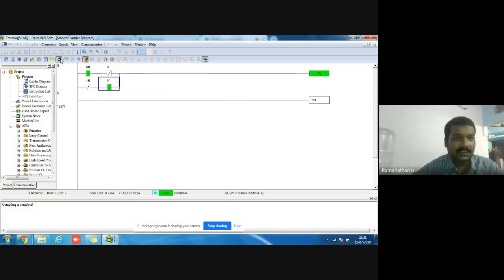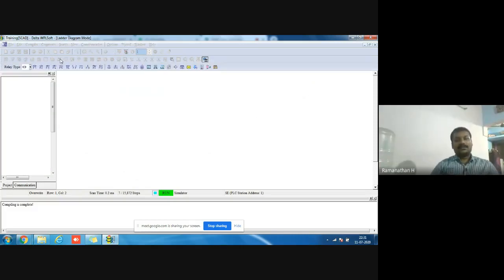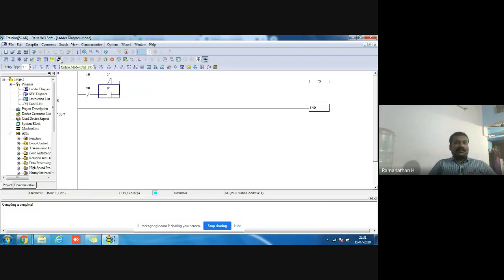This is the XNOR. So these are the simple ladder diagrams for logic gates.